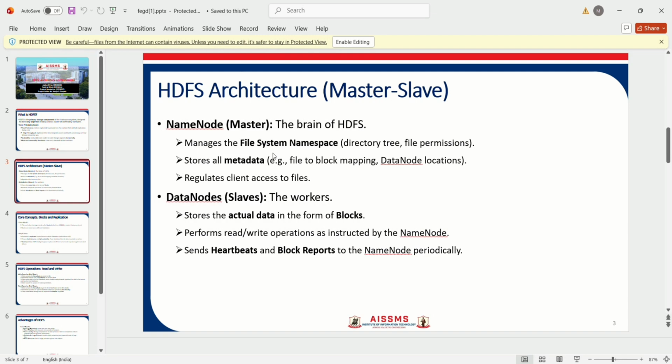HDFS architecture is master-slave. It has two components: name node and data node. Name node is also known as the master. Data node is also known as the slave. The name node is the brain of HDFS. It manages the entire file system namespace, stores all the metadata, and regulates client access to files,